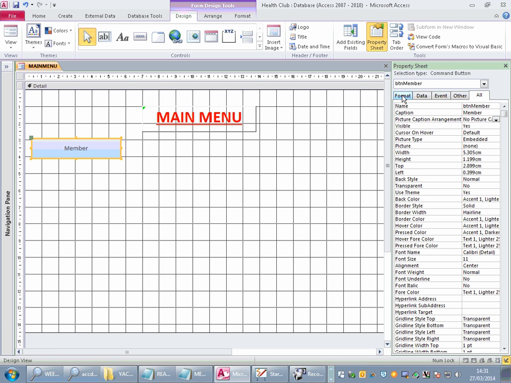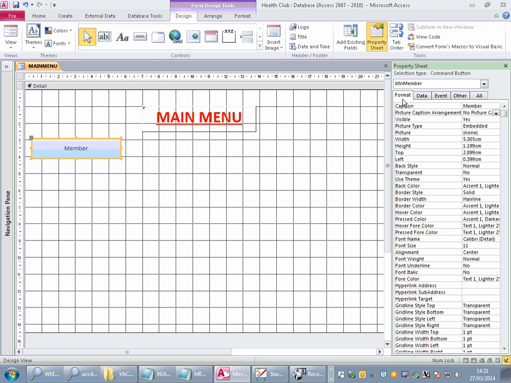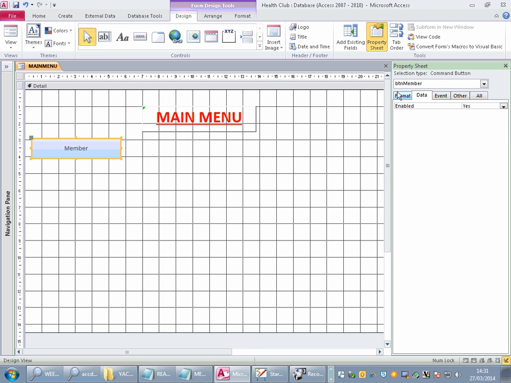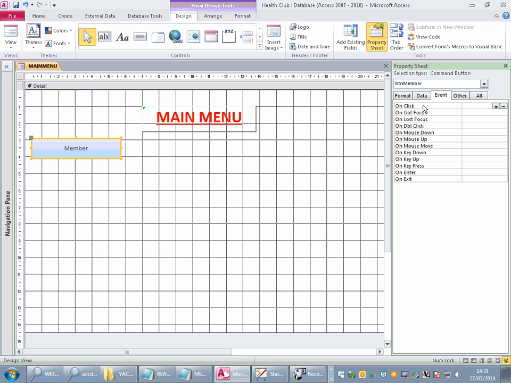So here on the property window we have categories. We have categories for format. Format is about the look. Data, what data is displayed there? With a button there isn't much except it's enabled or disabled. Or event. The button can have all those events, including on click, it can be clicked, it can get